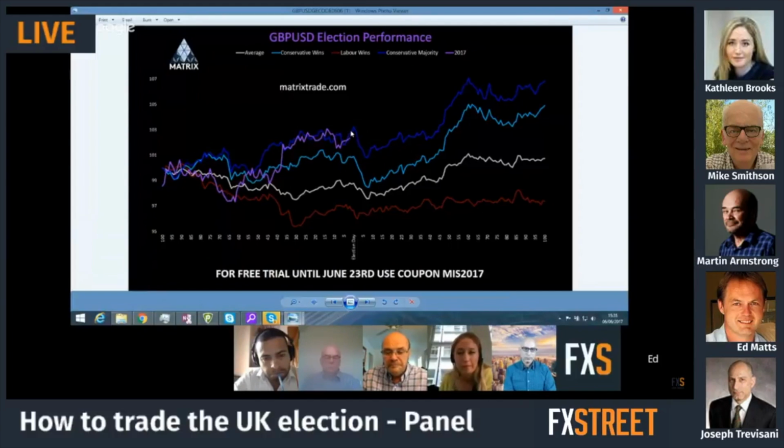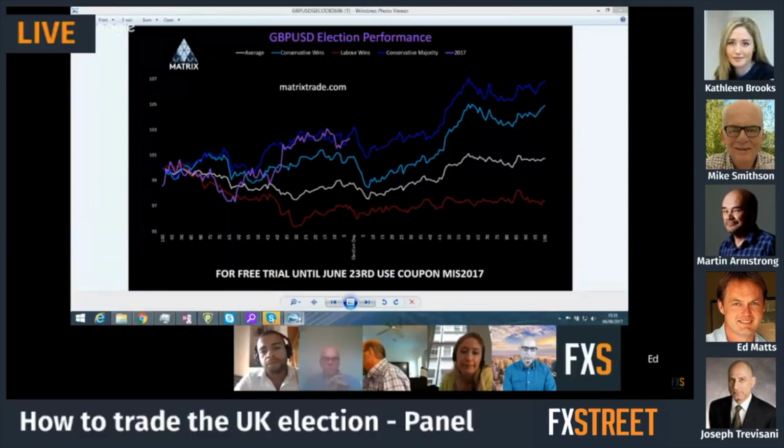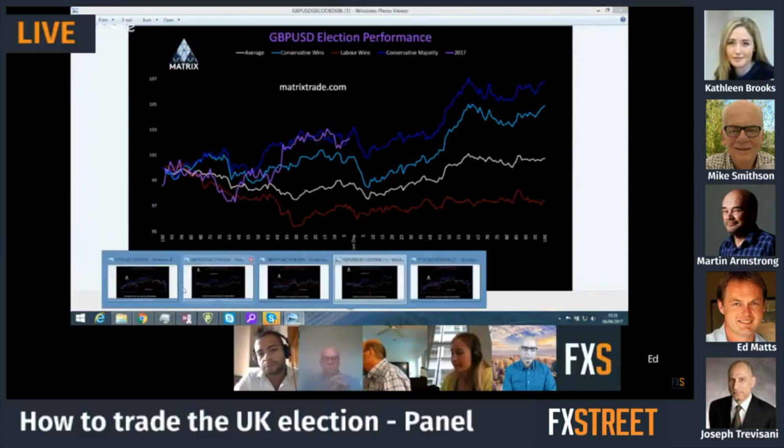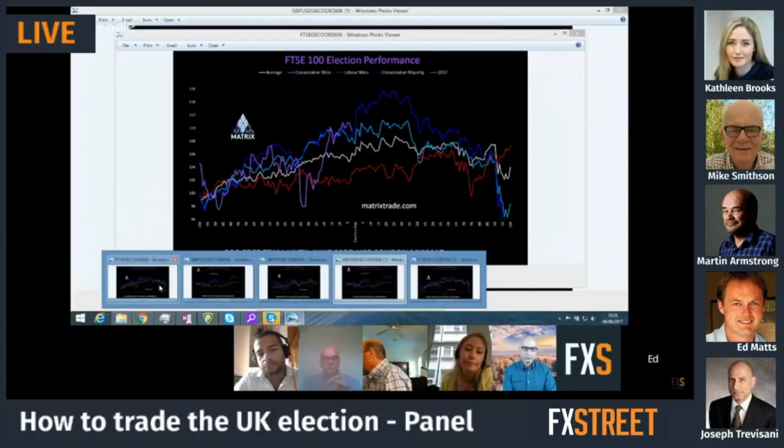It breaks to new highs. You have a euphoria, a sense of relief, and then whack, back down it goes within 24 hours to 5 days. And that decline is actually the buying opportunity on dollar sterling. The correlation between the Conservative majority and the price action over the last 100 days is quite stunning, quite frankly. I don't want to hog the show or anything.